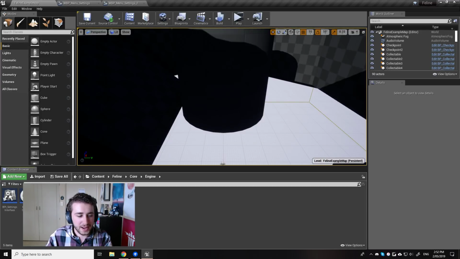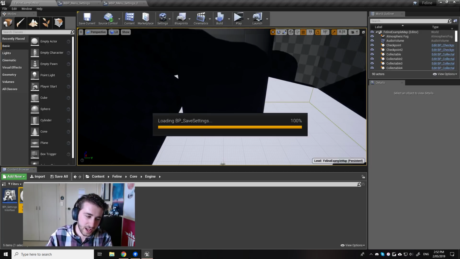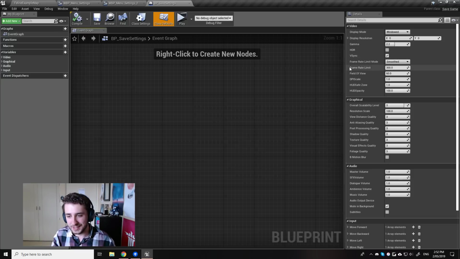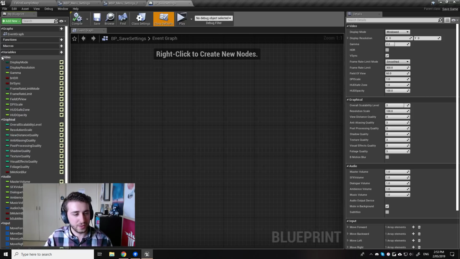And then these are all used by an asset called BP Save Settings. If you open this up, you can see over on this side panel there's a bunch of options that look identical to the ones in our settings menu. This is an asset that establishes those settings and saves them to a file. How it works is, I've got all these variables that I've just punched in. For those who are familiar with Unreal, here are the variables off to the left. I've made all of these, and some of them use those custom enums I just showed you. Some of these are just floats, some of them are ints, some of them are booleans. And basically,